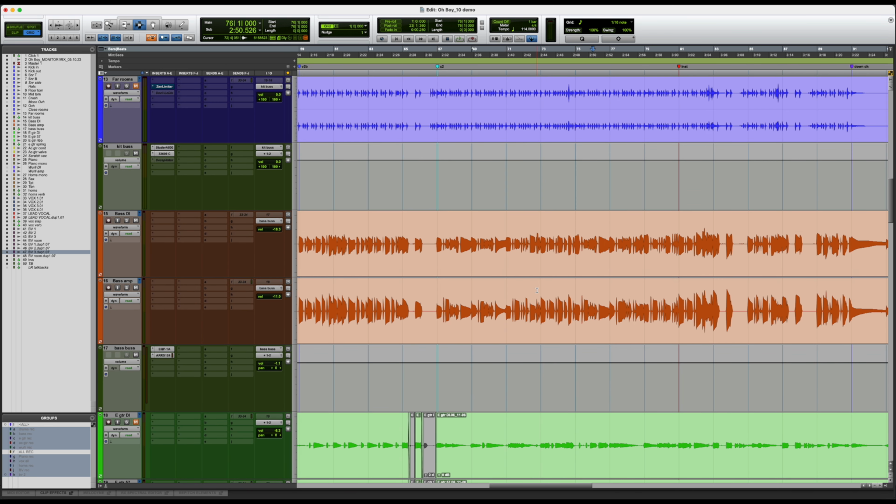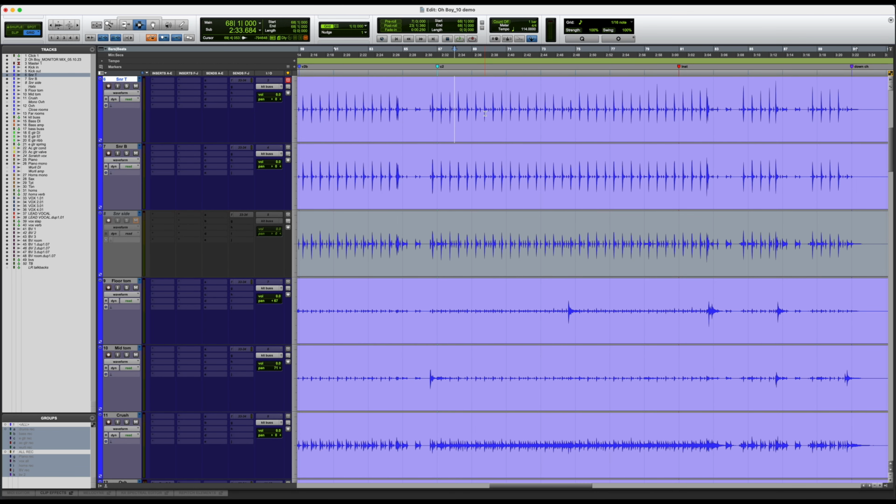Really, really peaky, right? There are two ways you think about loudness in the audio world. One of those is the peak loudness. What's the individual, instantaneous, loudest part of this sound? And the other is the average loudness over a short rolling window of time. Now, drums are really, really hot in terms of peak level, as you can see. They are really, really low in terms of average level.